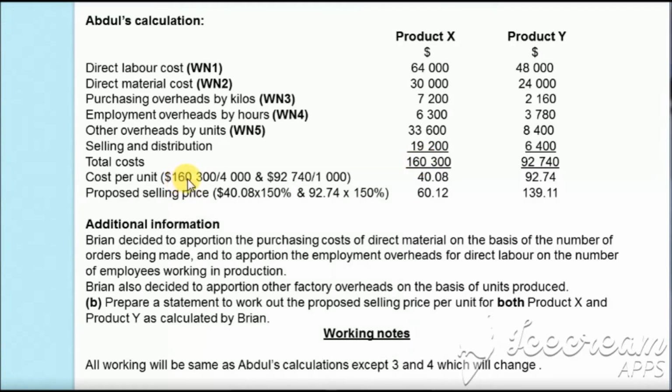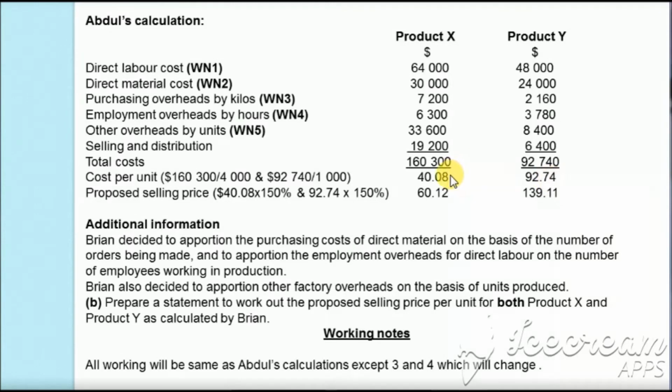So for unit cost, we will take the total cost and divide it by the total number of units produced. So for X it was $160,300 divided by 4,000, which was the total number of units produced. For X we get the unit cost as $40.08. And for Y, if we do the same calculation, that is taking the total cost divided by the total number of units produced, we get